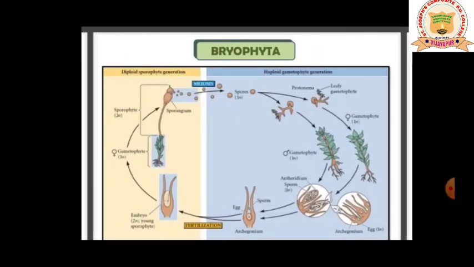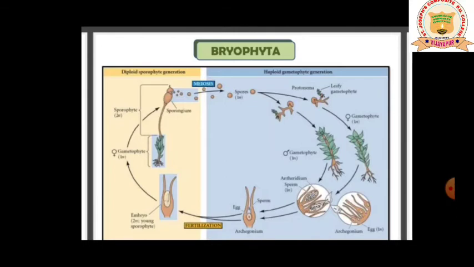Bryophyta shows this kind of life cycle. It's very important, my dear students. Now let me pass on to the life cycle. The main plant body of the bryophyte is haploid. It produces gametes, hence it is called gametophyte. The plant body is haploid, but it is going to produce gametes, so hence the term gametophyte is given to them. So bryophytes are termed as gametophyte.